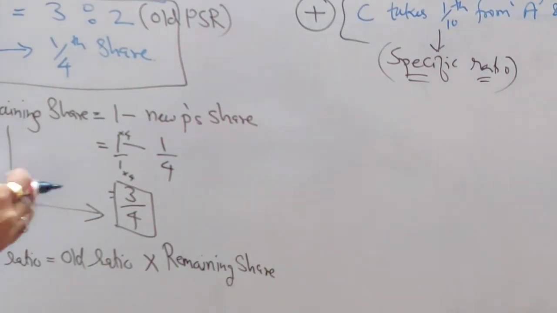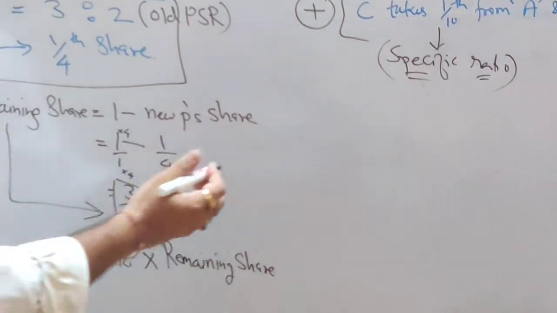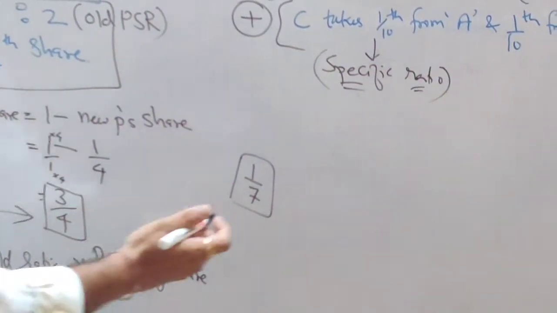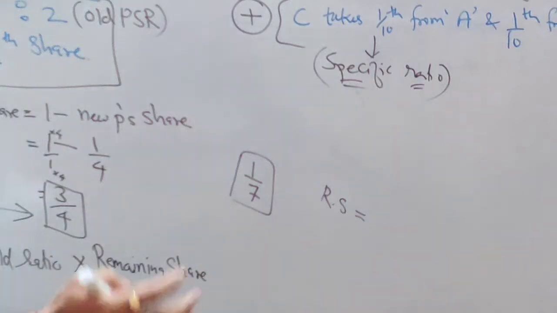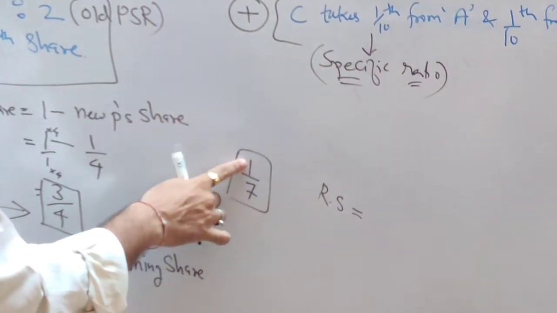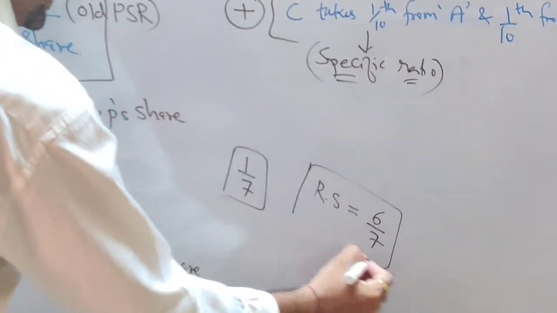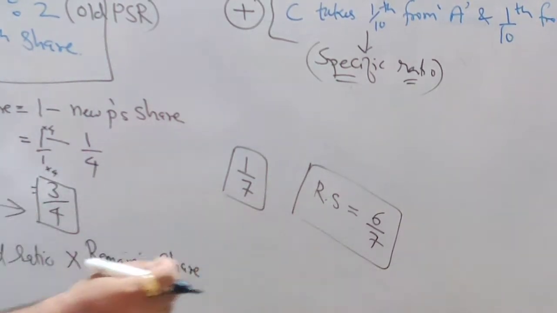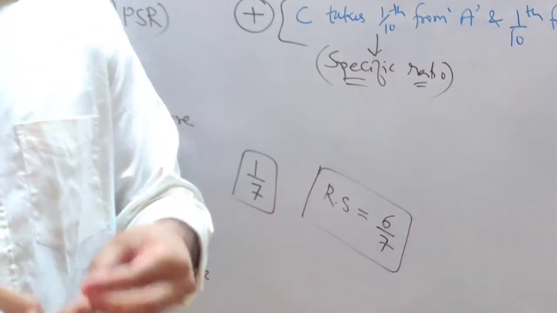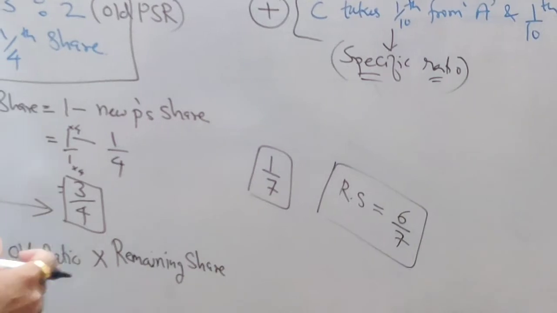Understood, students? Now those who are very weak in maths, don't worry, I am giving you a trick. Let's assume that to the new partner we are giving 1/7. So what will be your remaining share, students? It's very simple. Don't do LCM and all. You can minus directly. 7 minus 1 is how much? 6. 6 upon 7 is your remaining share. This trick I am giving for those students who don't understand LCM, or whose maths is weak. So you can go with this trick.